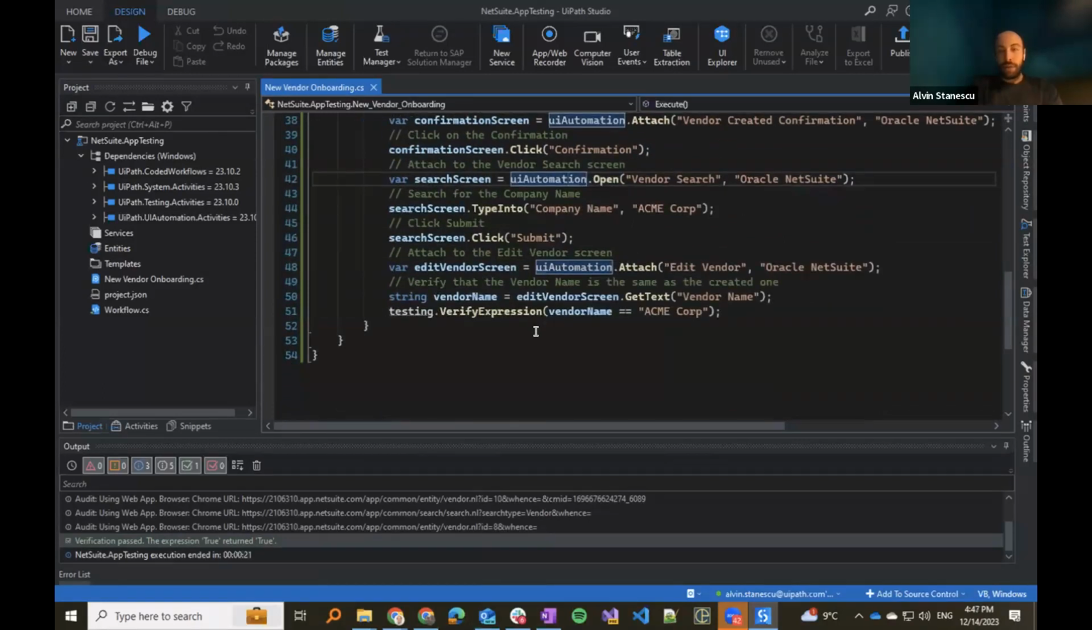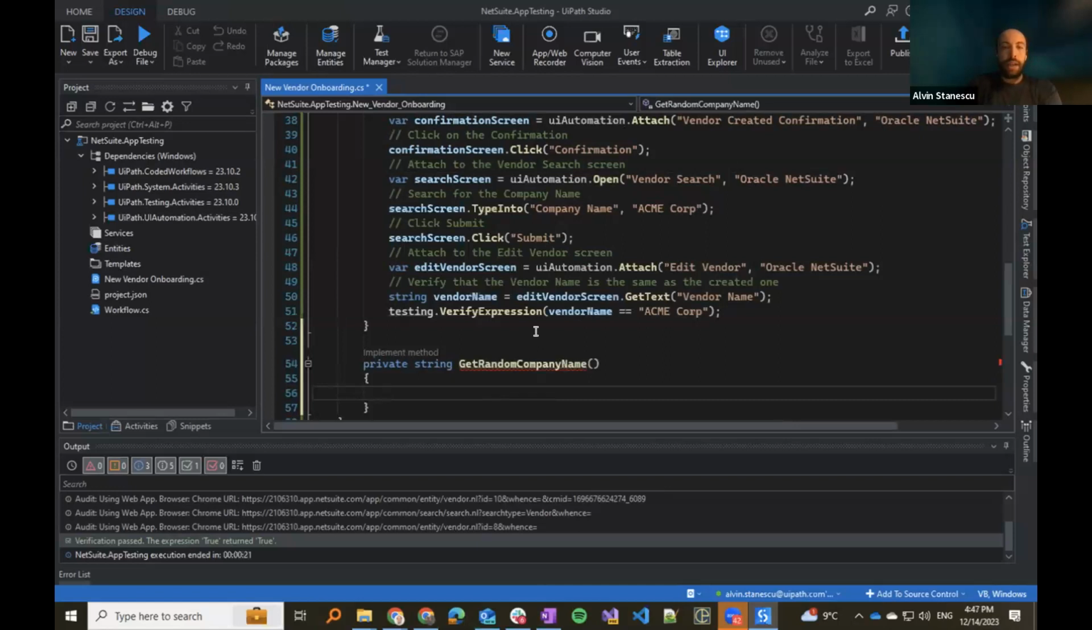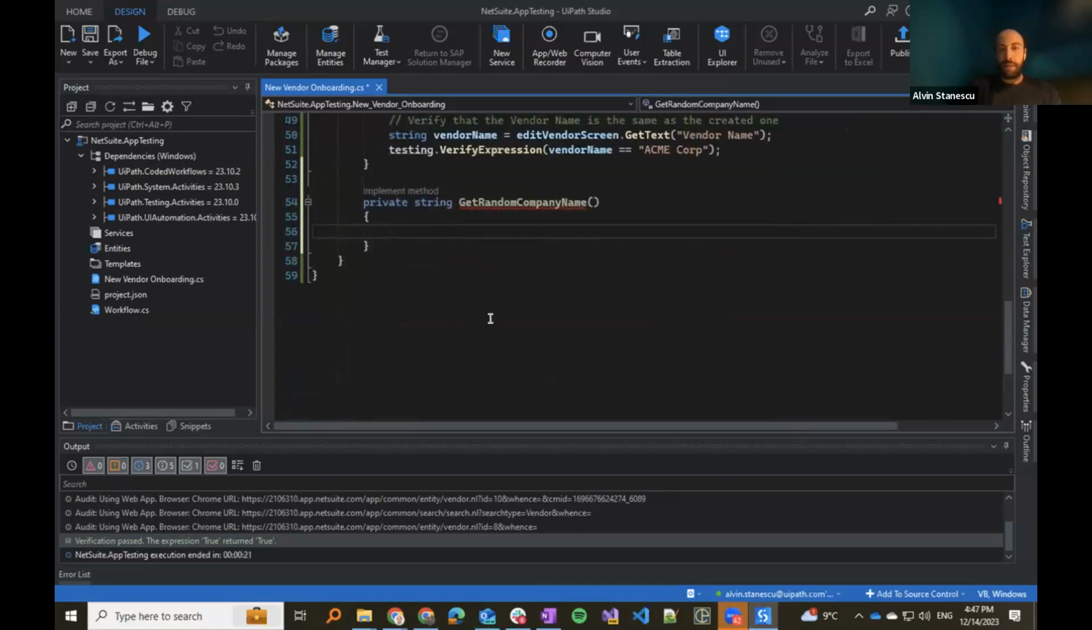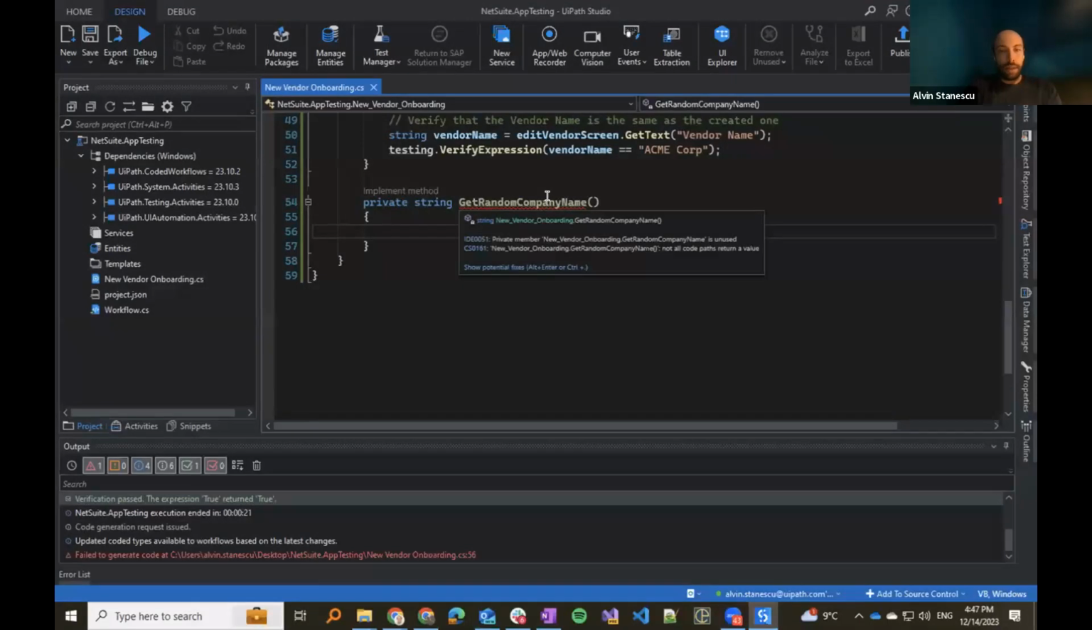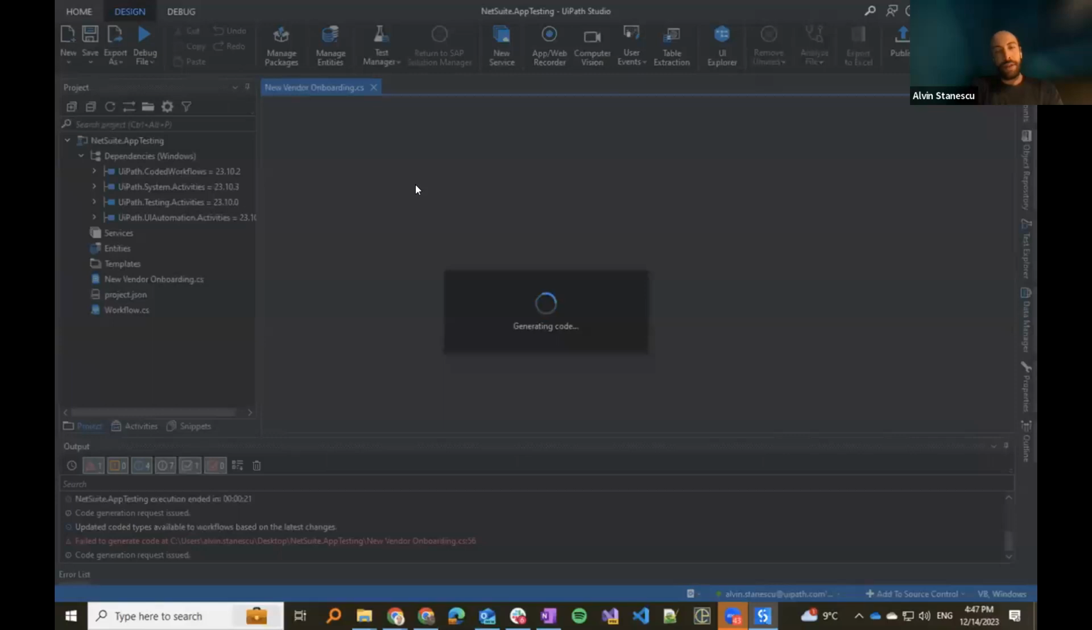Whenever you write tests, you should have random names, right? So let's actually write up a method which would get me a random company name. Cool. And I just wrote the outline of the method, and you can see now I have this cool implement method title over the method. Let me try once more, and if not, I'll give it some better instructions on how to actually